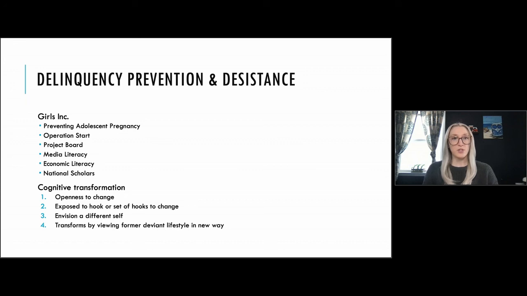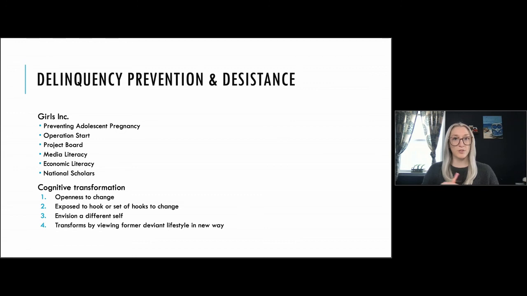They then need to envision a different self. So they need to see that they can be different than their delinquent self. So they transform by viewing that former deviant lifestyle in a new way. They're now viewing that deviant lifestyle as one that they don't want to identify with. Female gang members specifically typically leave the gang because they have a child, they get married, they're dealing with parenting those children, or they obtain employment,